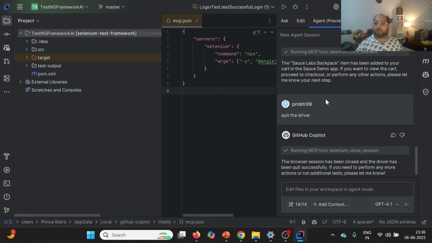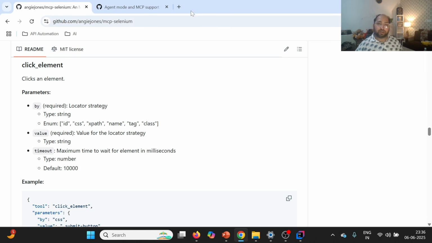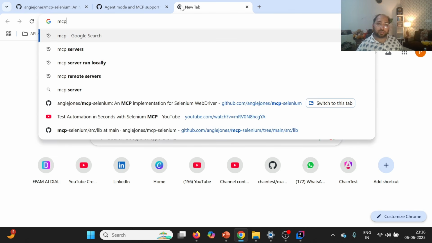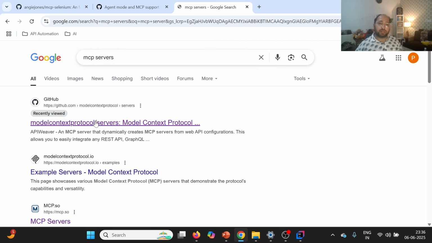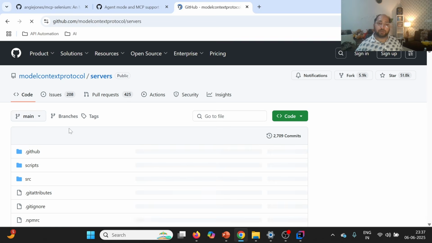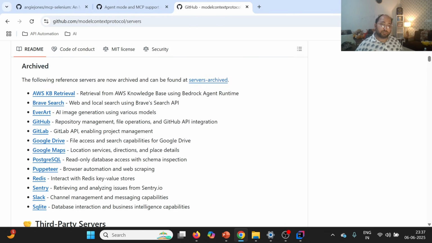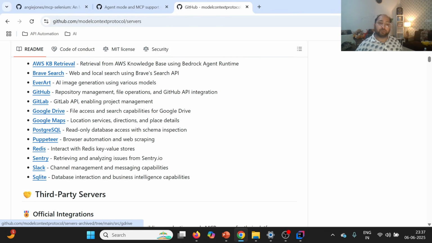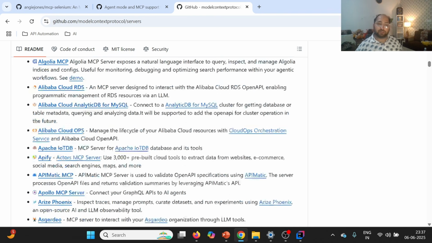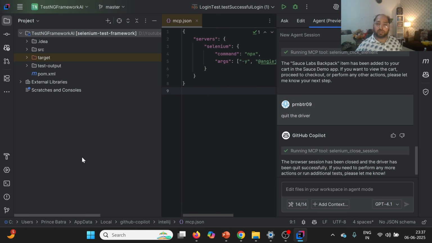So this is how we can utilize this particular agent mode to talk to different MCP servers. In case you want to explore more on different MCP servers, you can simply search for MCP servers, and there is a GitHub repository on MCP servers. You can check out the list of MCP servers. For example, you want to talk to GitLab, GitHub, Google Drive, Google Maps, Postgres, Puppeteer, right? Third-party servers are also available. There is a Playwright MCP server, right? You can simply integrate those MCP servers here and play around,